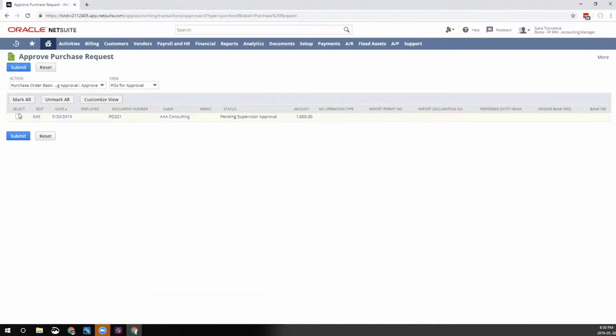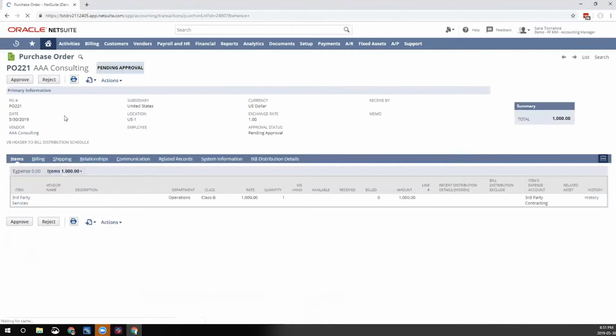Instead of selecting this and submitting it for approval, I'd like to actually see what's within this purchase request. So I can click on the date. Now we see that my view on this transaction is different than Matthew's. I can see the approval and rejection buttons. At this point, of course, I could reject with comments, and then we could re-enter the approval workflow and continue iterating on that. But at this point, I'd say this looks pretty good. I'm ready to approve it.